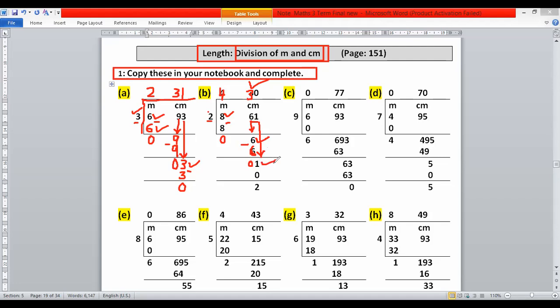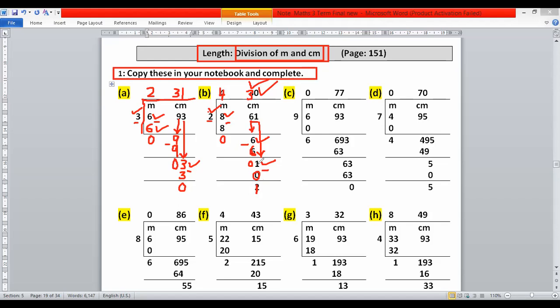Dear students, here a very important thing is that 1 is smaller than 2. So do not try to leave 1 as it is. You must divide 1. When you multiply 2 by 1, you get 2, which is greater than 1. Therefore, in this situation, you have to multiply 2 by 0. 2 zeros are 0. After that, you subtract 0 from 1. So 1 is the remainder.